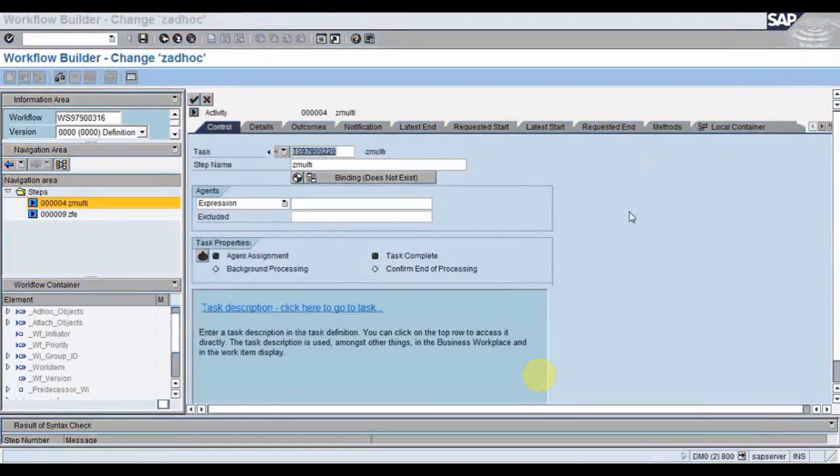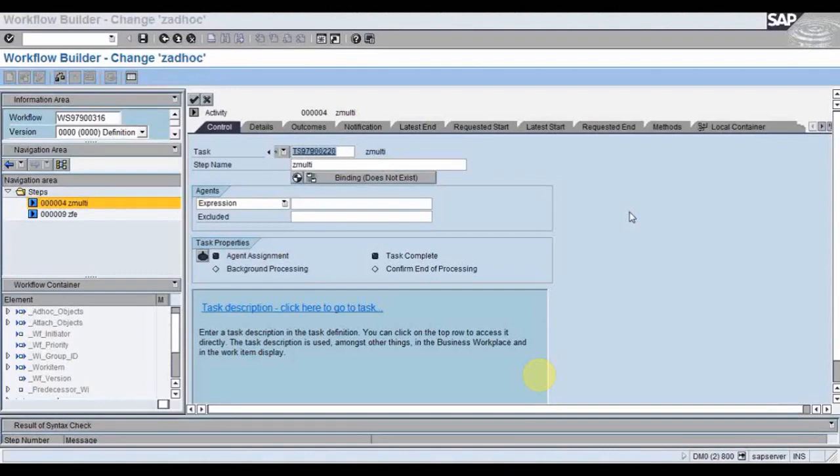But previously, whatever we were doing, only one work item ID was generated, and that work item ID was sent to the users present in the expression tab. Now the work item will be generated independently for each user. If I have 4 users, then 4 work item IDs will be generated, independent of each other. So if I execute one work item from the inbox, that work item will disappear from that respective inbox, not from others' inboxes.